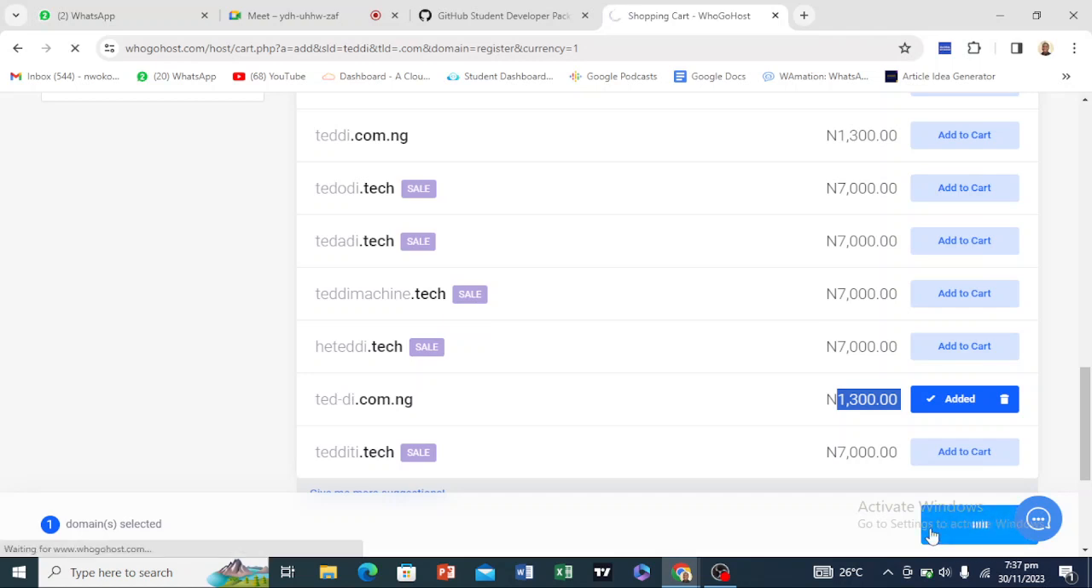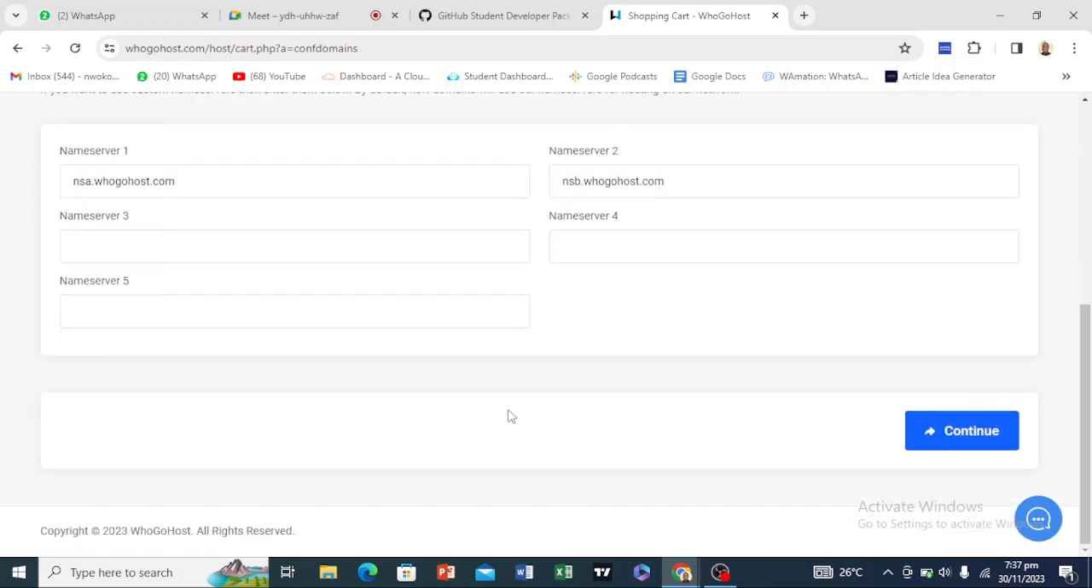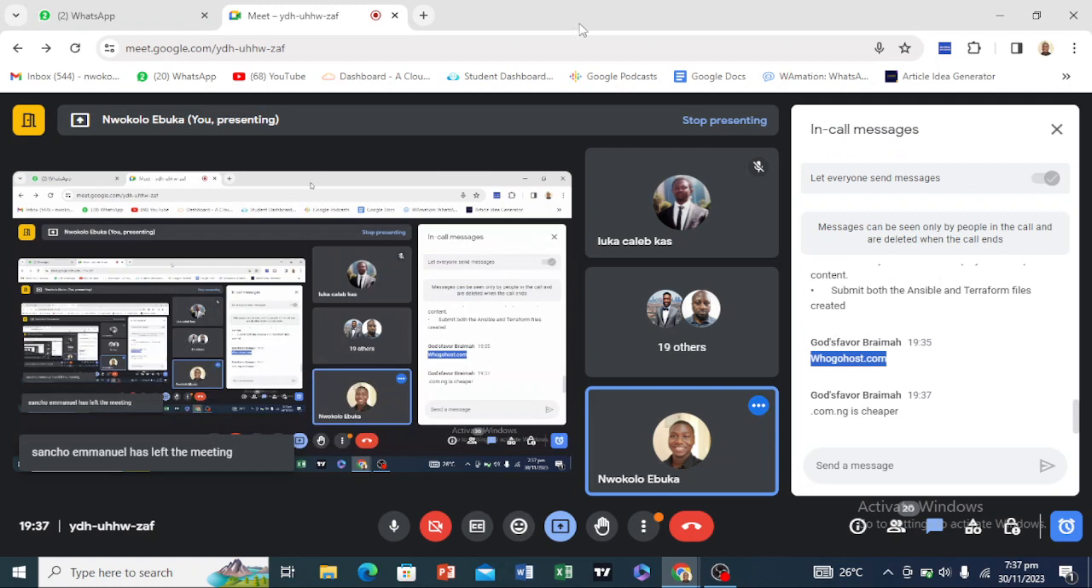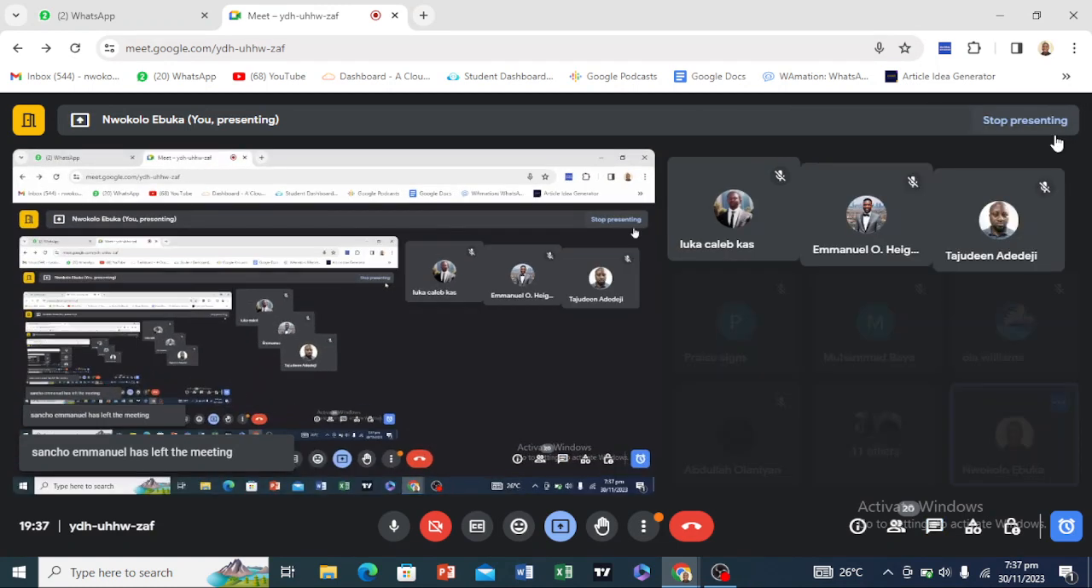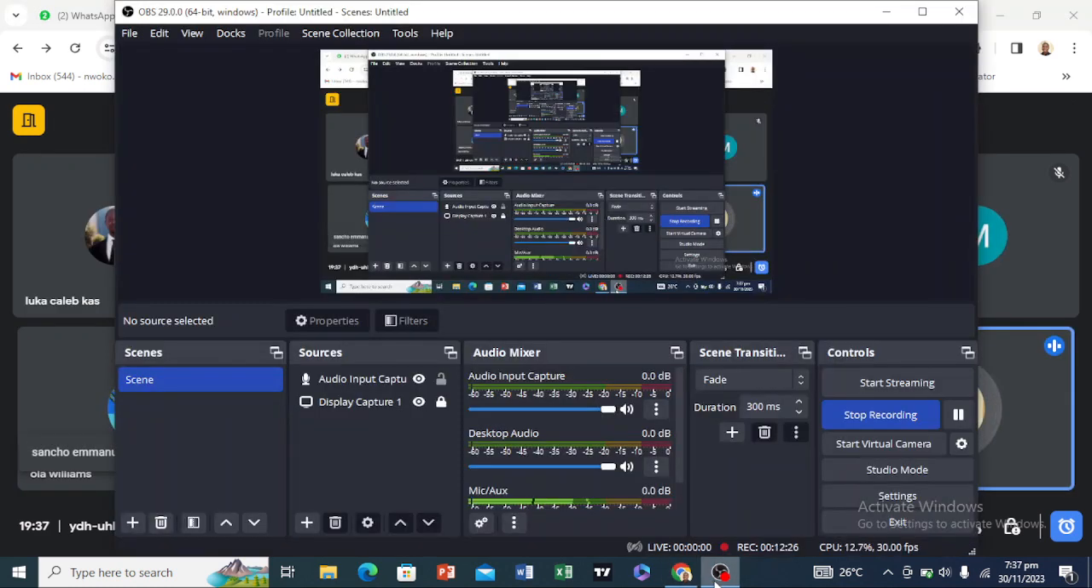so let's basically continue, right? So this is it. And yeah, you get the name server 1, name server 2, name server 3, and you can basically continue with your purchase, right? So those are the two ways you can get a domain name. Now we'll basically have to look at the